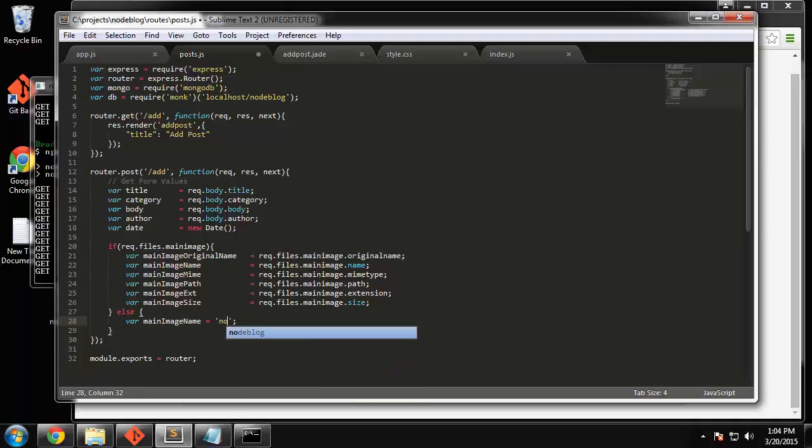So we'll just say noimage.png, and you can create this image and have that show in the blog post whenever the person didn't actually upload an image. Hope that makes sense. So now that we've got all that, we can go ahead and do the validation, and we've done this before, so we're going to say req.checkBody,